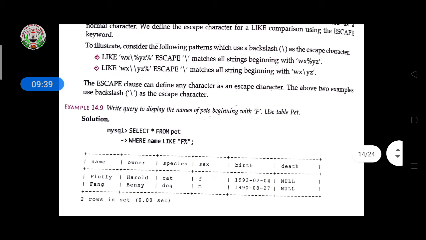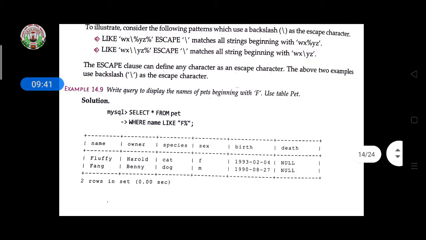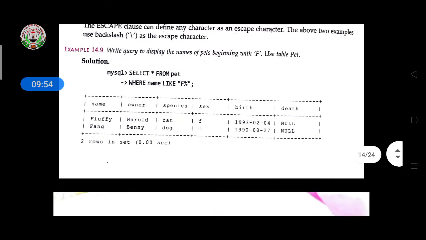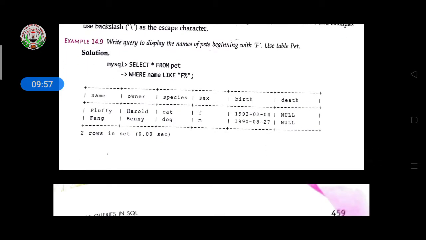The escape clause defines the escape character; in the two above examples, backslash is the escape character. So if you give any character, that character will be matched and displayed from this table.